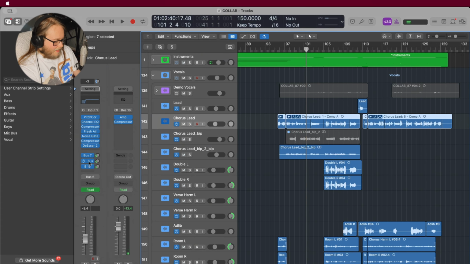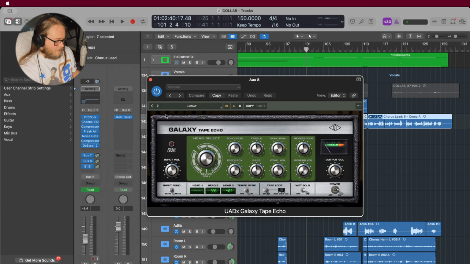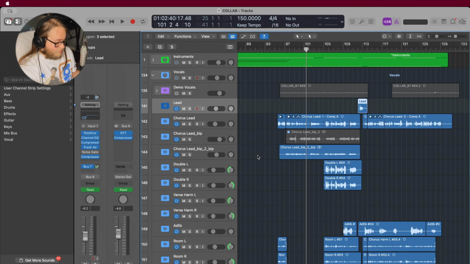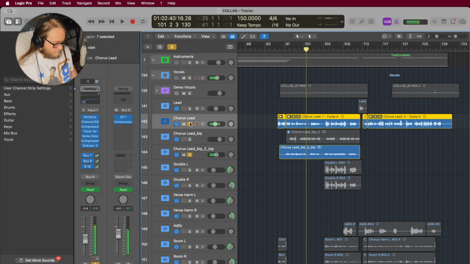And then we have this as well, on the buses, Galaxy Tape Echo, which is an honestly stunning plugin by UAD. Oh yeah, we have this as well, which is Preverb again for this. And then we've got